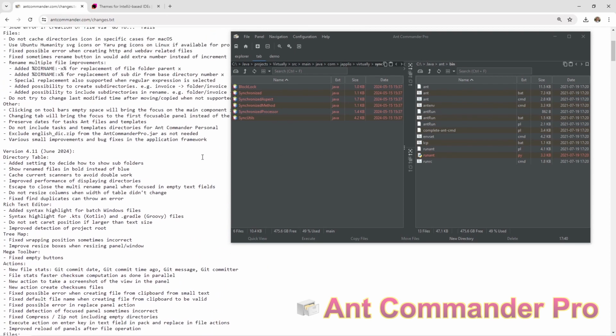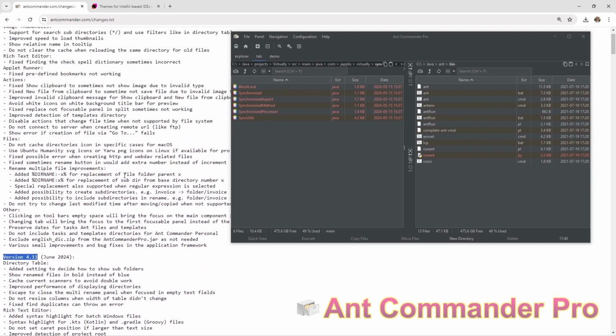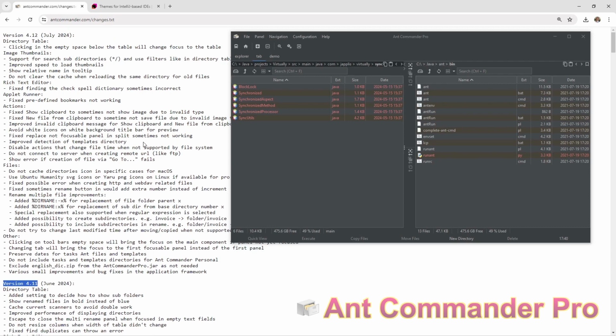So that was for version 4.11 that was released last month, and now let's go to the new version, which is version 4.12, which has just been released in July 2024. And let's go with